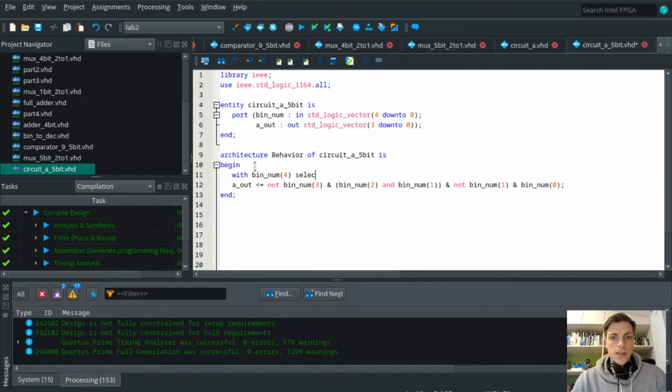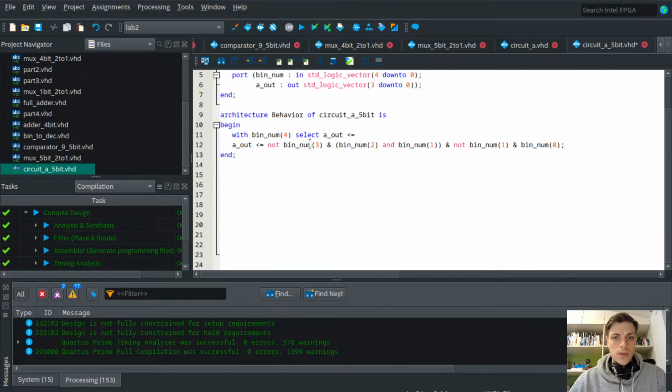If it selects A out, we will select this output if this value is 0,